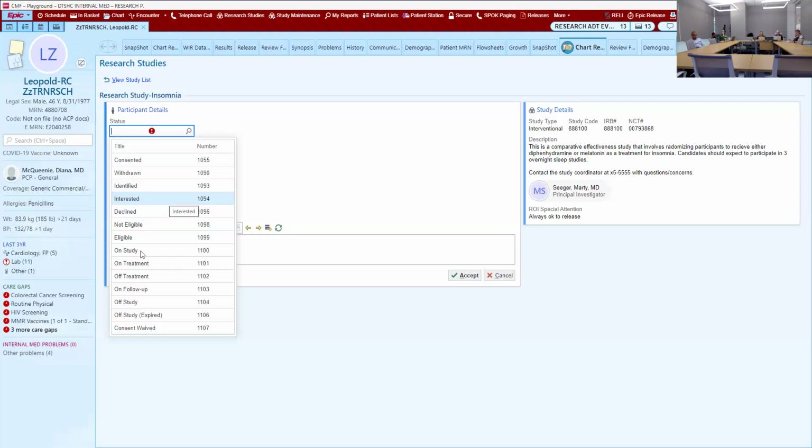You can say that the patient is on study, on treatment, off treatment. Again, these status changes automatically when you change it in Encore. You want to keep that pretty well updated as soon as these are changed within the patient. Off study, or withdrawn, right, is also important because